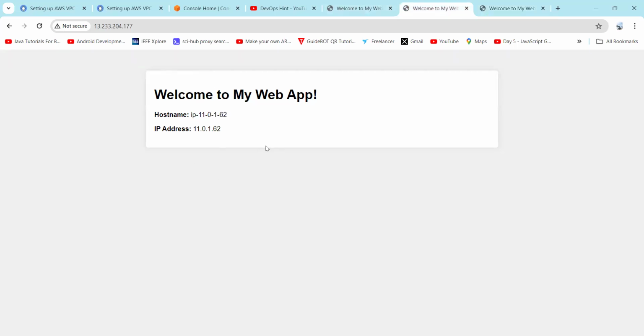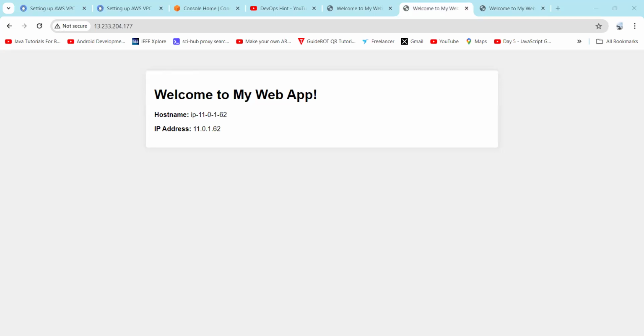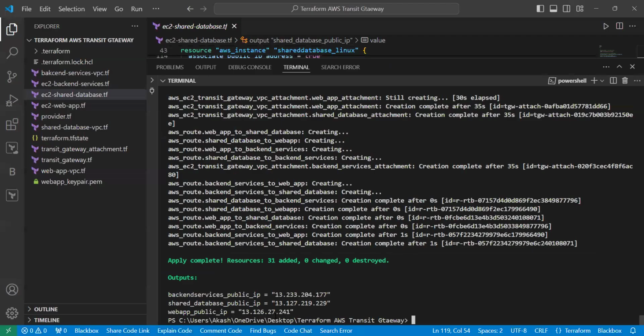So therefore our user data script has worked successfully. Now let's check. The next step is to verify the connectivity between the VPCs. So we will connect to the EC2 instance and simply use the curl command to check the connectivity. So simply copy the web application IP. But before that, let's check